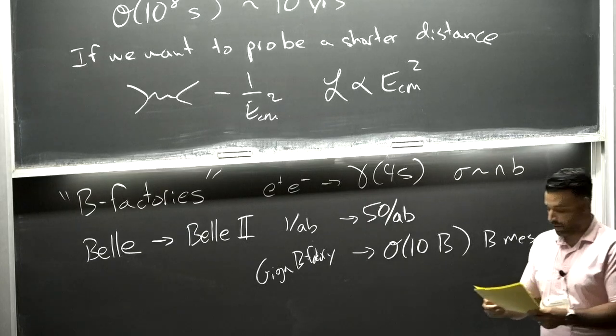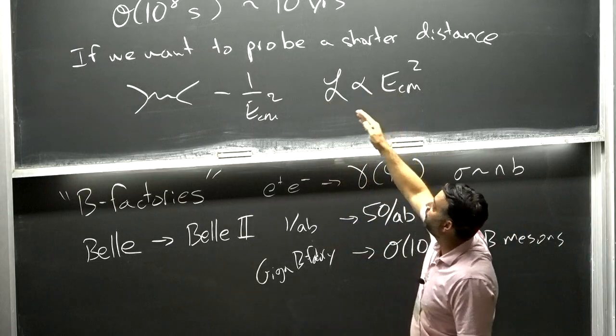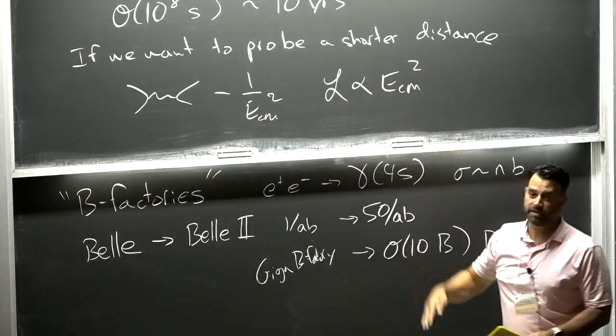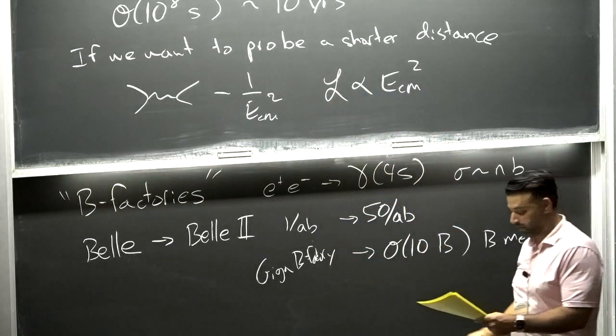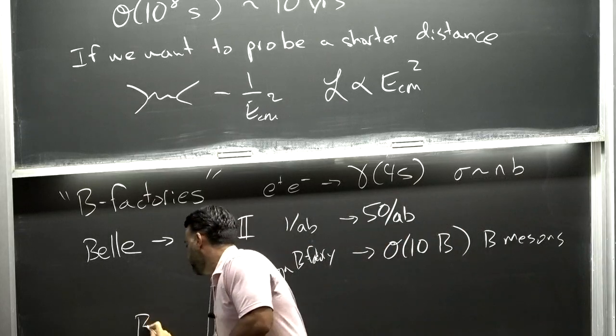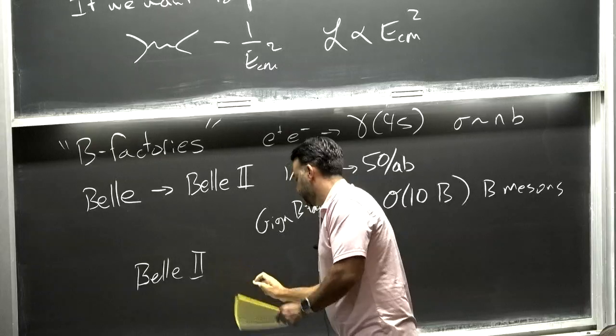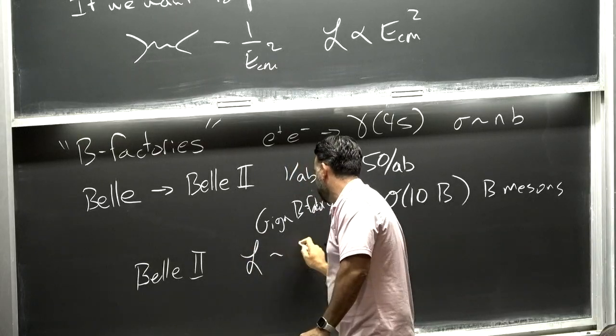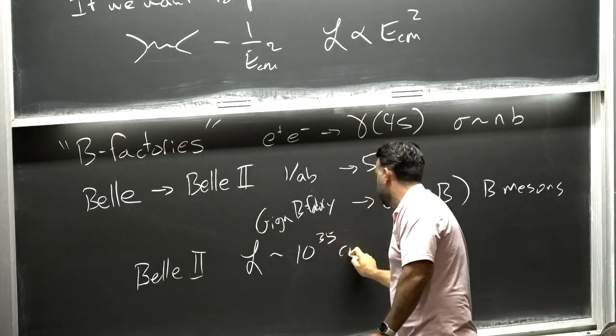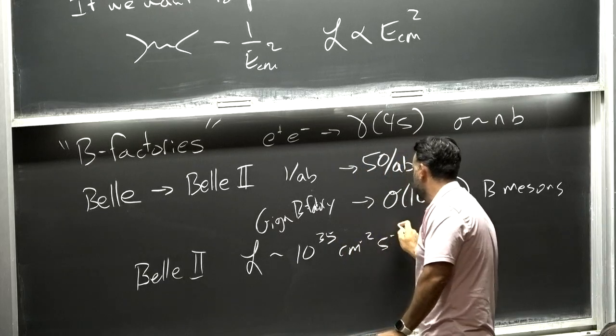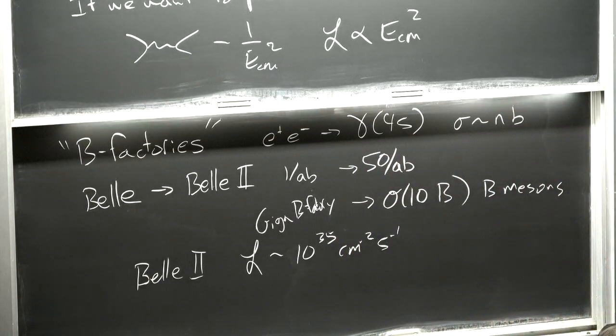Okay? So the LHC's rough order of magnitude for its instantaneous luminosity is 10 to the 34th inverse centimeter squared per second. Belle 2, the hope is to get an instantaneous luminosity of roughly 10 to the 35 inverse centimeters squared per second. Okay? Now, the problem is, can you do this? Belle 2 is a running experiment. It's not reaching that luminosity goal. So we don't know if we'll actually ever get there.